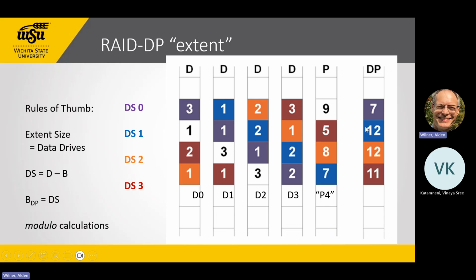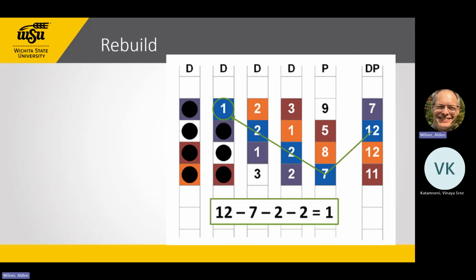The block on the diagonal parity is equal to the diagonal stripe number. And this is a layout. All this does is give us stripes that start here and go 1, 2, 3 horizontally across the data and parity drives, and straight down 0, 1, 2, 3 on the diagonal parity drive. We're going to use that as our convention in this class. So here,